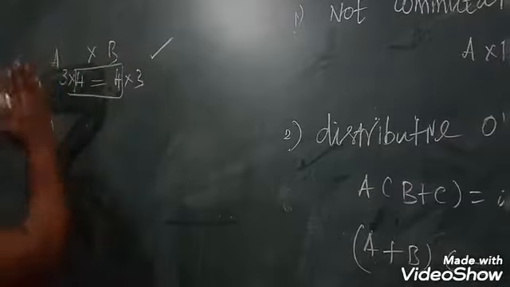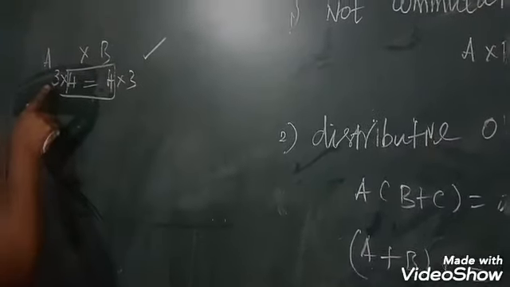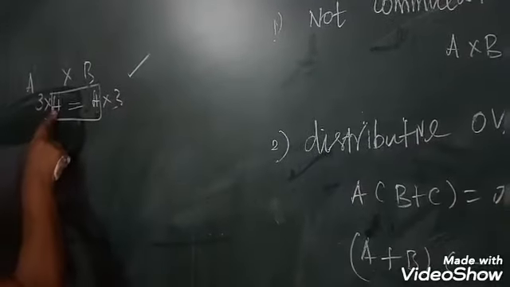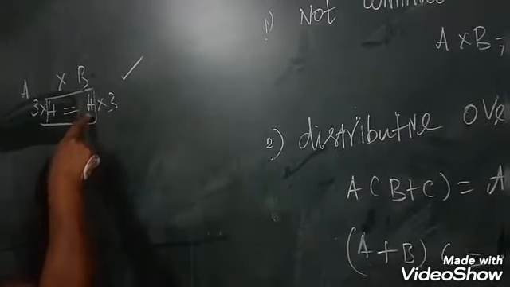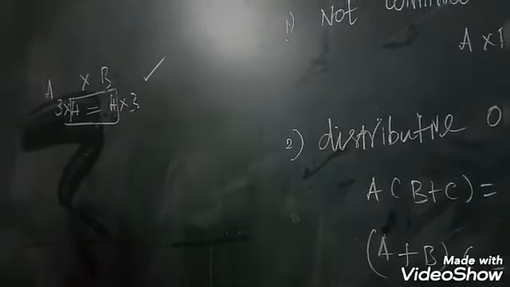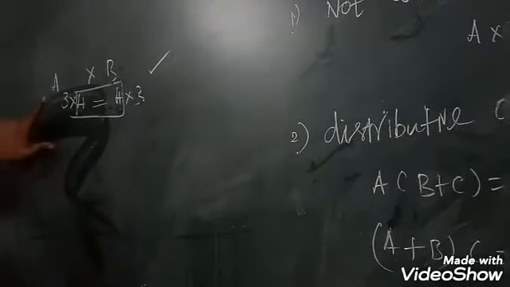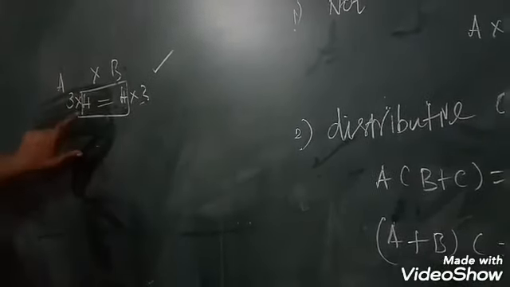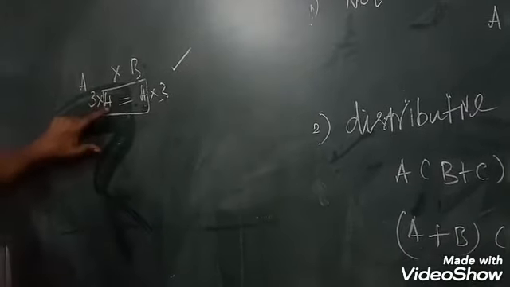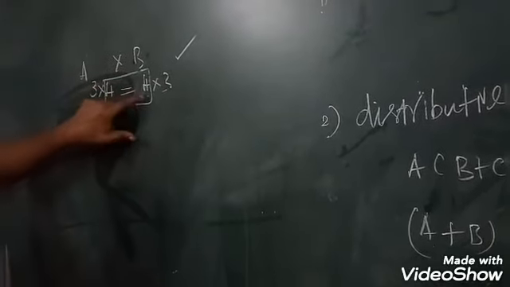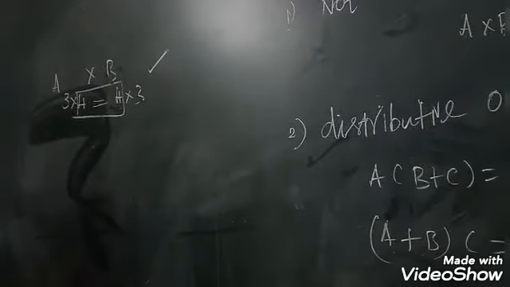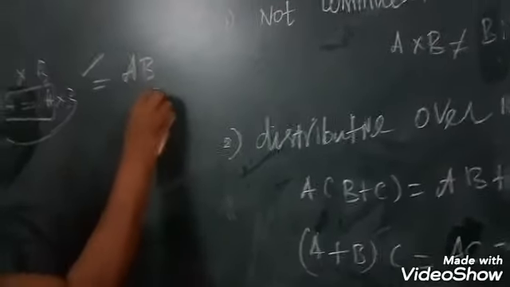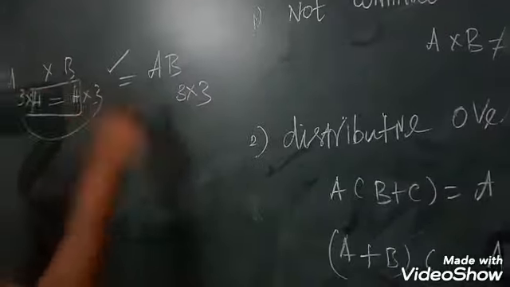If you want to multiply two matrices, first matrix row into column, then second matrix row into column. The first matrix column is equal to the second matrix row. These both should be equal, then only we can multiply. Girls, first matrix order, second matrix order. In the order, first matrix column is equal to second matrix row. Then we can multiply. Remaining is the order of the product of the matrix multiplication. Now the order of the product will be 3 cross 3.